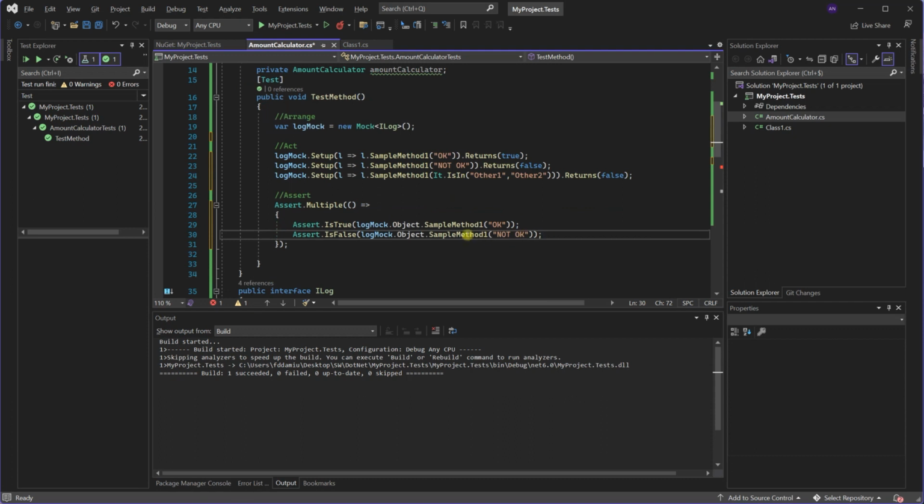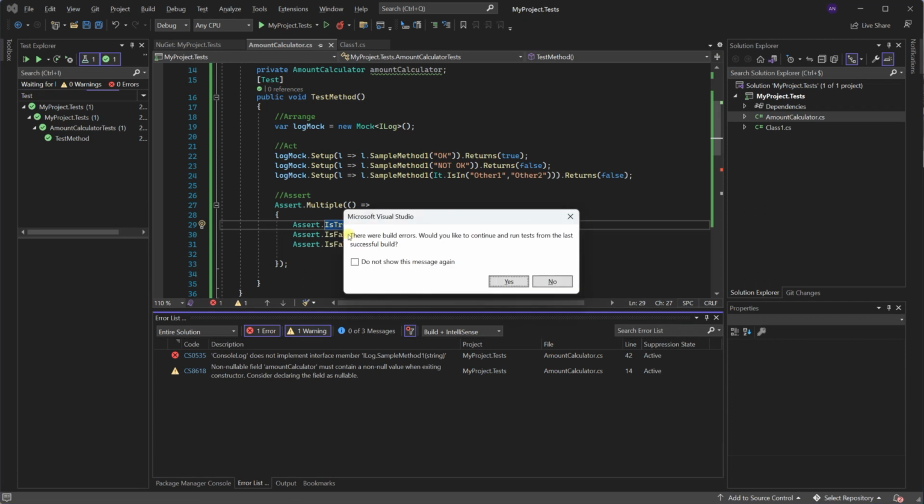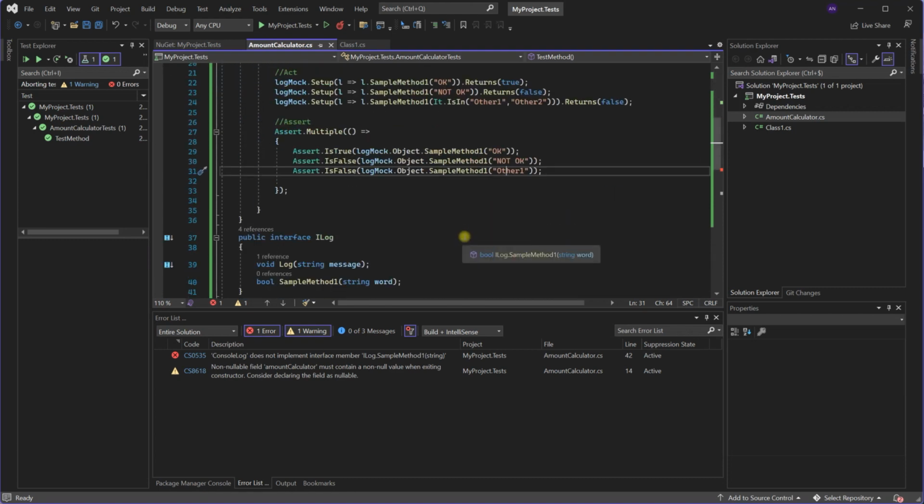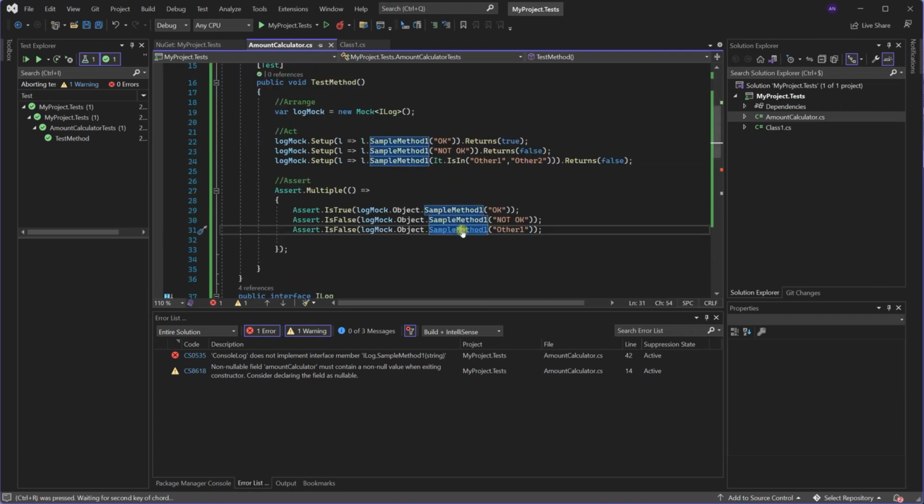And again, another time we will test the other one. So this is false, this is true. So now if I run the test, Control R A, Control R A,